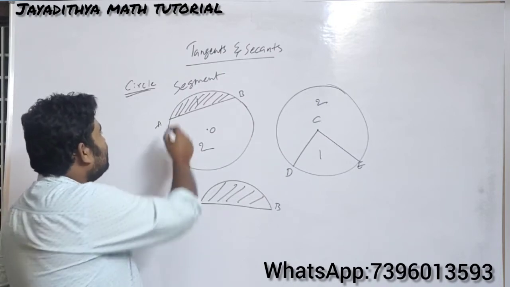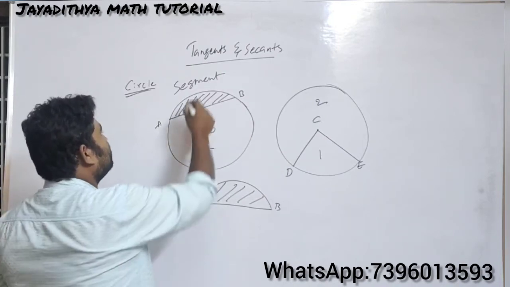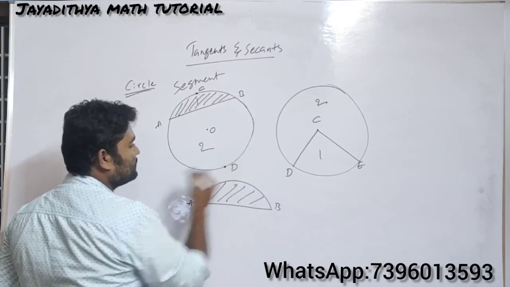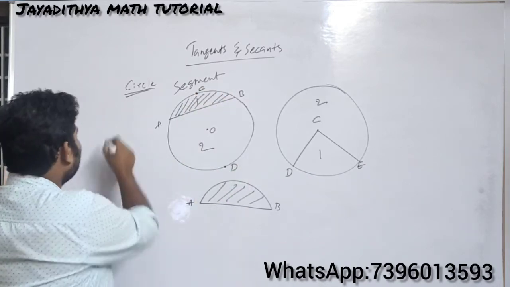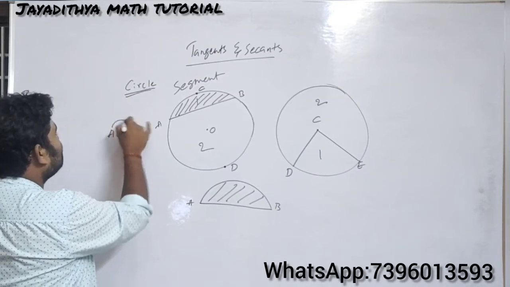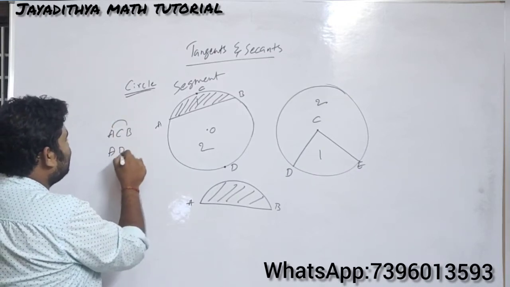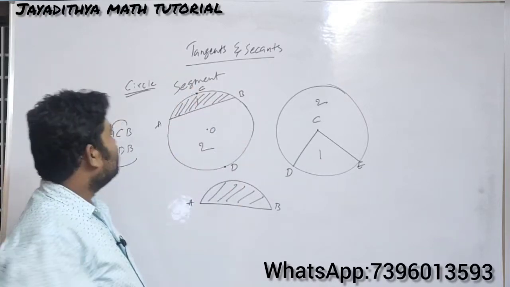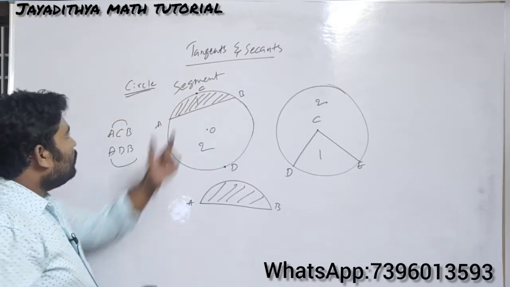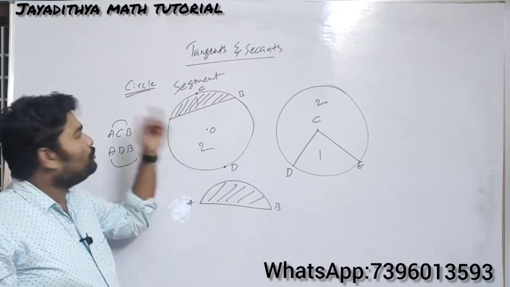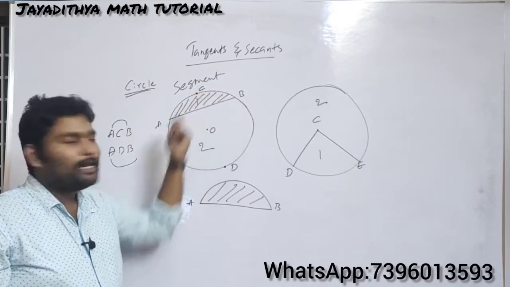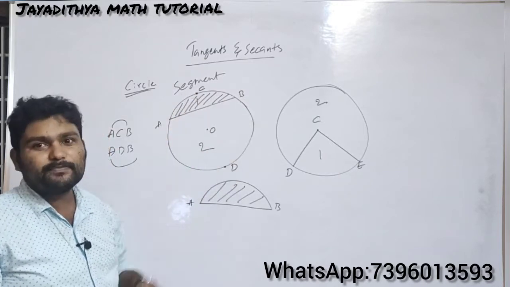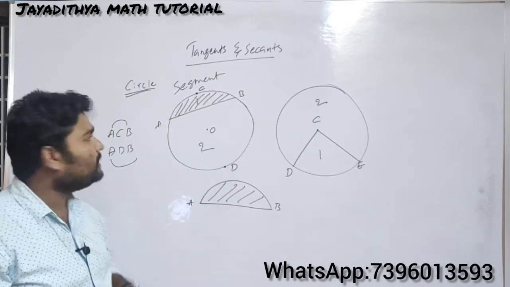And here you can see two arcs. If I place a point here, this will be C, and let us take this point as D. So here you can see two arcs. One is arc ACB and the other one is arc ADB. ADB arc is this one and ACB arc is the one on the top. Just by looking, you can observe that arc ACB is smaller than arc ADB. So this is the bigger arc and this is the smaller arc.